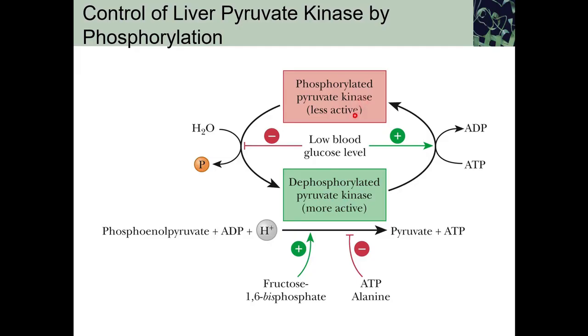That is why low blood glucose level converts the pyruvate kinase from the active to the inactive form, in order for it to not consume glucose in the process of glycolysis, but in the process encourage the synthesis of glucose. Now, when you have low blood glucose,